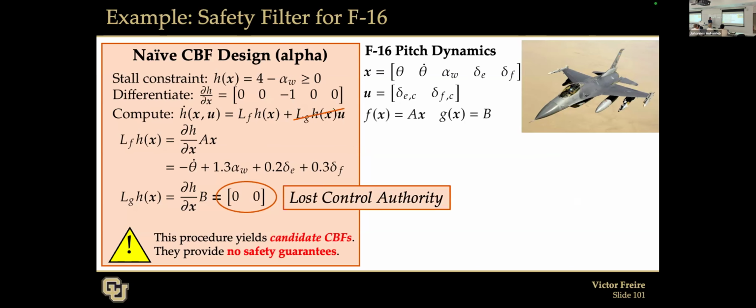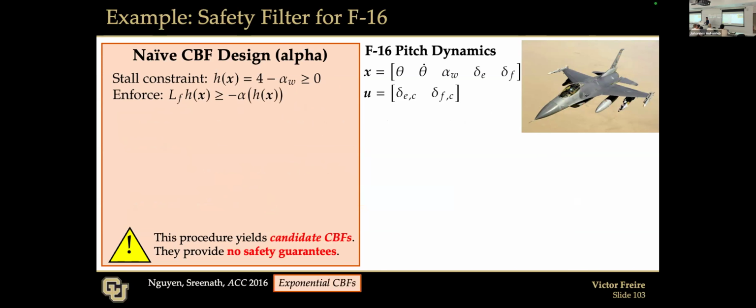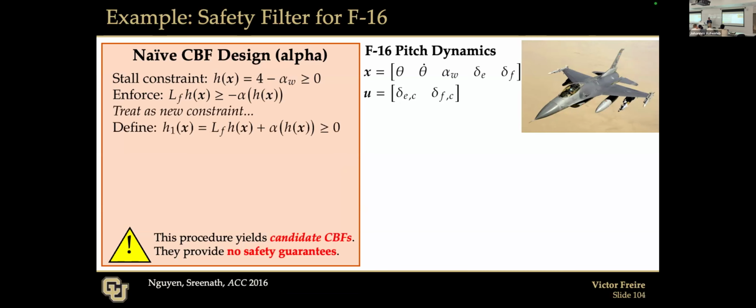Why it's important is we've lost control authority there. That entire term has vanished. So when we want to enforce H dot greater than or equal to something, we've lost the ability to control that inequality with U. This situation is addressed most prominently in this paper that describes what's called exponential CBFs. I'm going to give you the intuition here for what they do in that paper, not the full approach. And the intuition is to treat this condition that we want to enforce, but we lost control authority for,